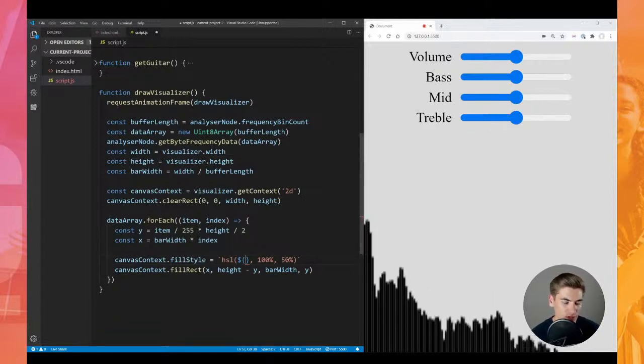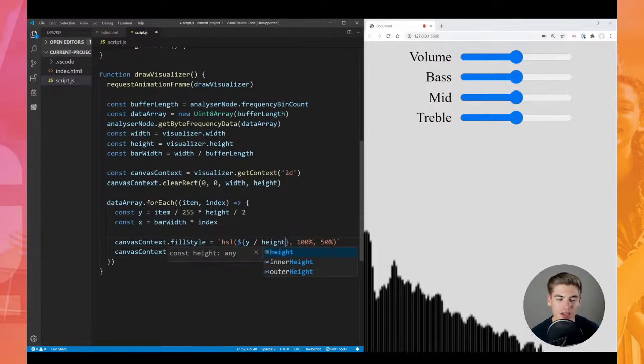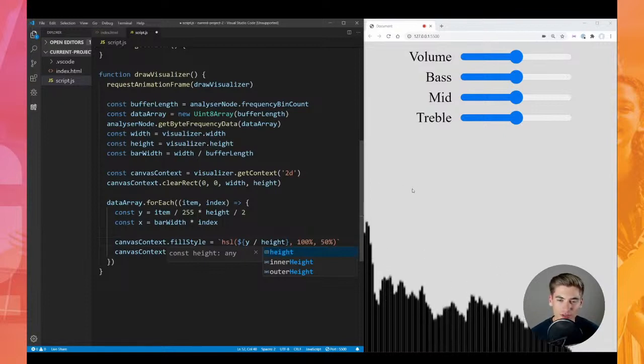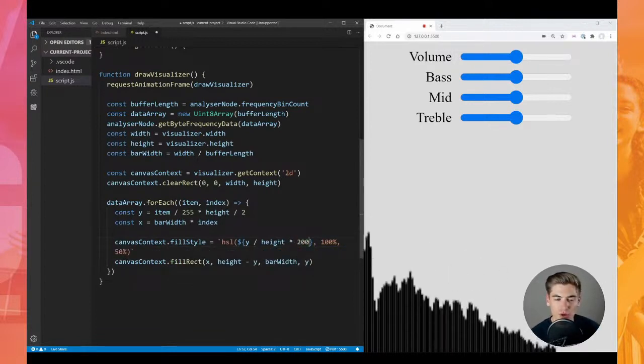So what we can do for that is we just take our Y point and we divide it by our height. This is going to give us essentially a value which is proportional to the height of our screen. So if Y, for example, is 50 and our height is 100, this is going to give us 0.5. And then all we need to do is multiply this by that constant of 200,